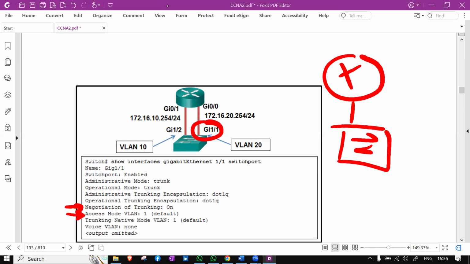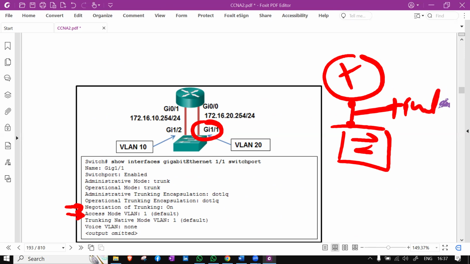Trunk is multiple VLANs carrying the traffic. Access means a link carrying one VLAN. Trunk means multiple. The reason why in legacy I don't configure the link as a trunk here